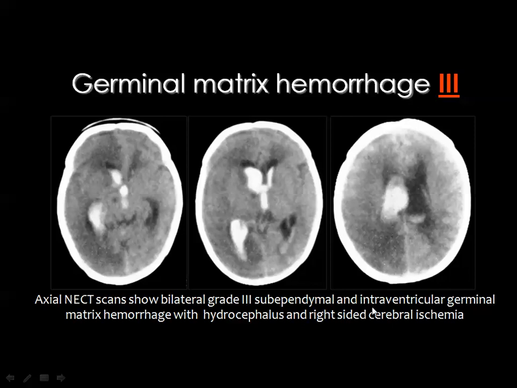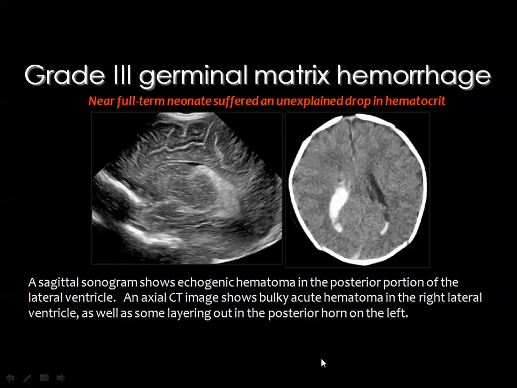But in this stage 3 hemorrhage, you can see hemorrhage in the germinal matrix and intraventricular blood, and the ventricles are dilated. And this is grade 3 germinal matrix hemorrhage by sagittal ultrasound, and you see the echogenic blood within the ventricle, and ventricle is dilated,